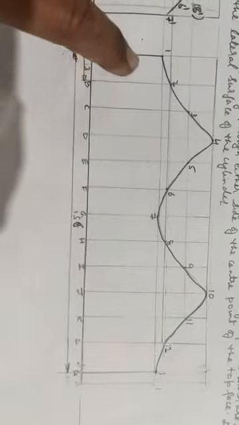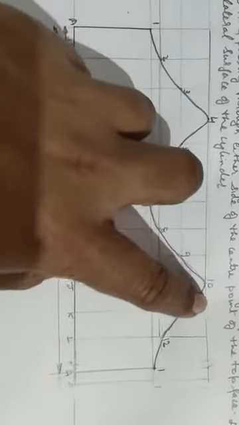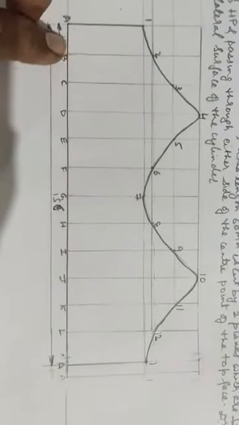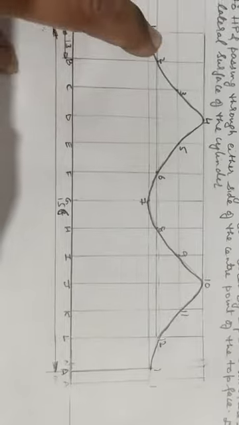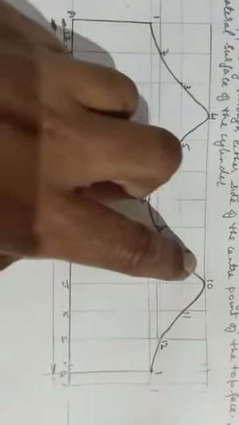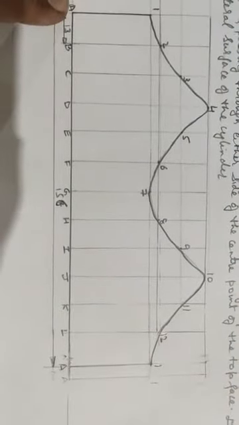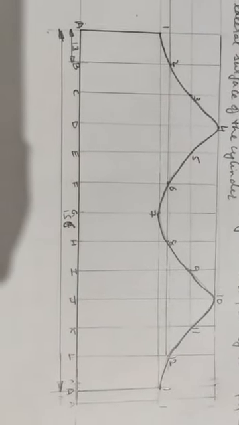Okay, so you draw a smooth curve passing through all of these. You can use French curves here. In the software you have got a curve option. Just see, the important part is that only this part should be darkened. Rest all are imaginary lines. Only this much part should be darkened.